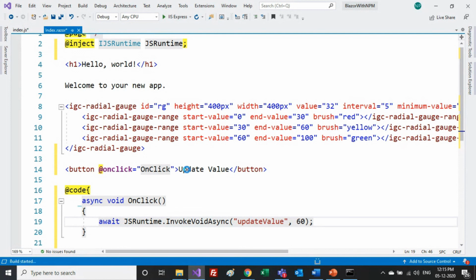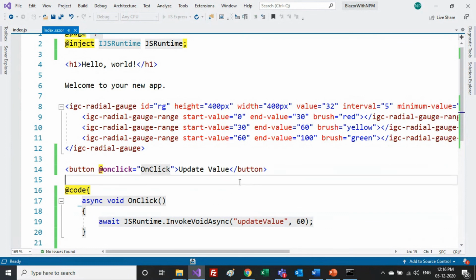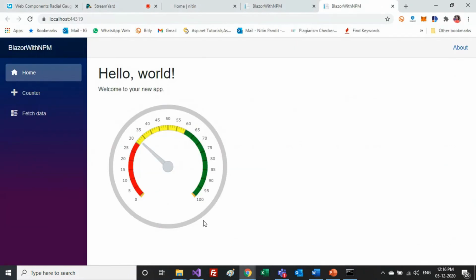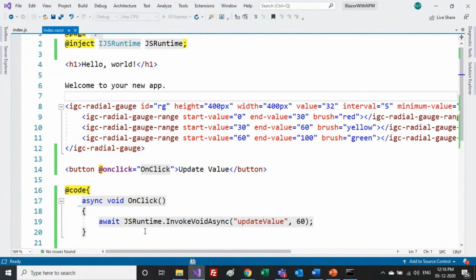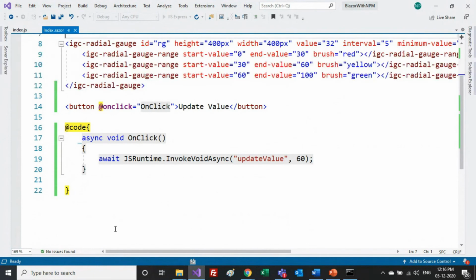So if I'm not wrong, let me build my application again. I hope I did everything that is required. Once the build is done, we can run this application. Just let me run it. Whenever it is done, we can come back to my browser, and it will show me a button over here. I hope my system is not taking more time than required, so you don't have to worry about it. Maybe I have some Windows updates to be installed, that's why my system is taking a bit of time. Once it is done, we will be ready to launch it.